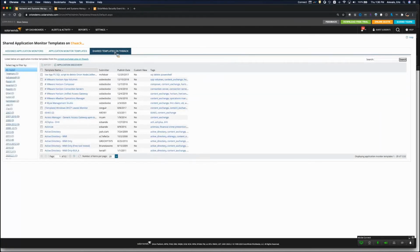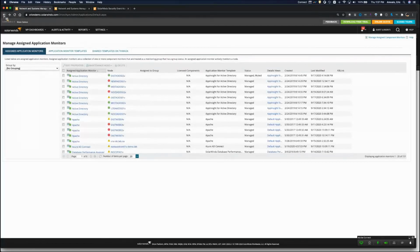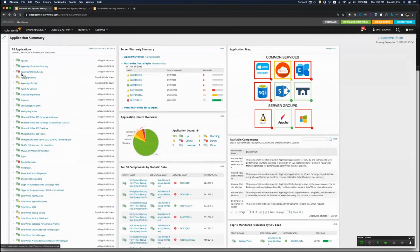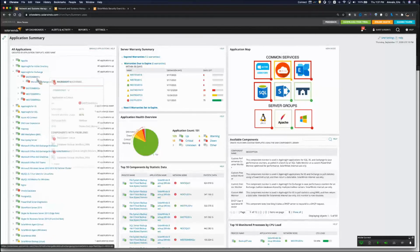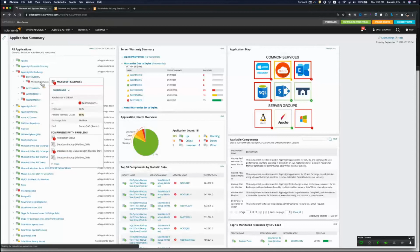where customers actually go in there and create their own custom templates. And it's very easy to be able to go in there and monitor a service. Let's say we're talking about education software. Again, this is something that, it's just a service that is running on a server, and I need to be able to go and monitor that. How do I go about doing that? Well, if we connect to a server here,